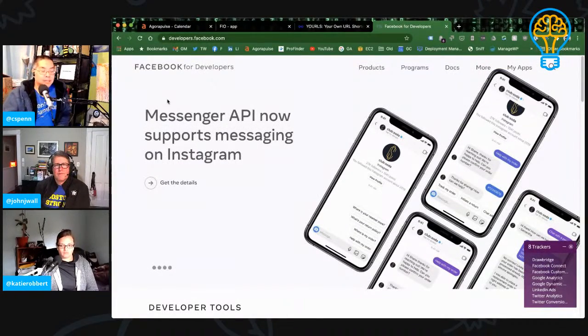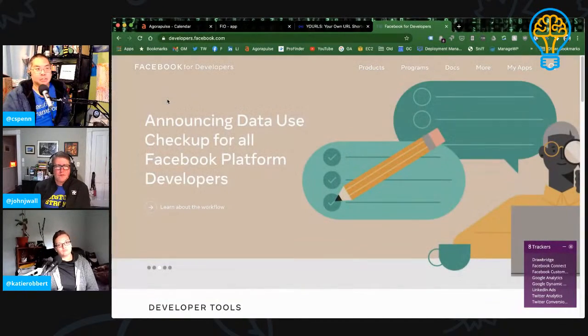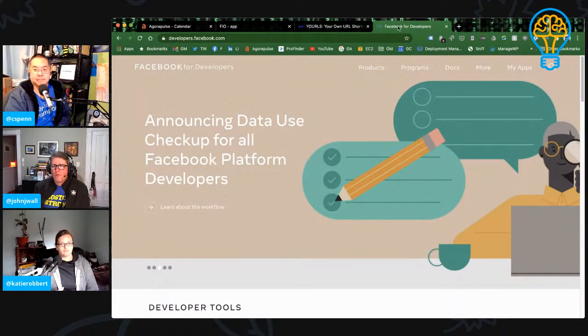And by the way, all the developer stuff for the most part is free. So as long as you've got the technical skill, you can bring in that data and not need to pay some other third-party service $300 a month just to bring in the exact same data that you could go get for yourself.